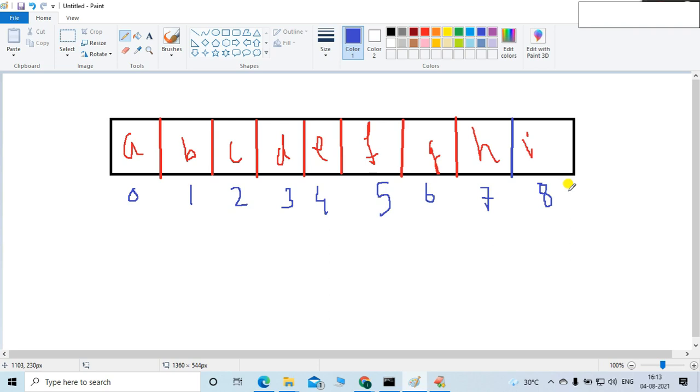Now let me give the negative indices to the characters. I will change the color so that there is no confusion. -1, -2, -3, -4, -5, -6, -7, -8, then -9. Friends, these are the negative indices.